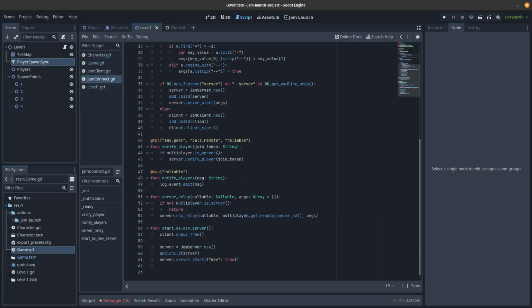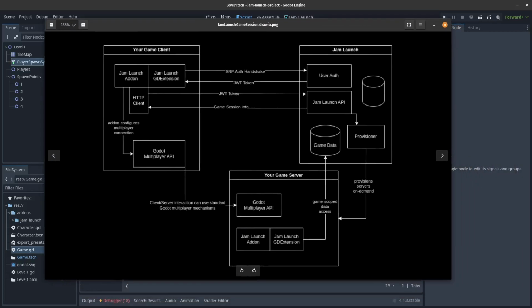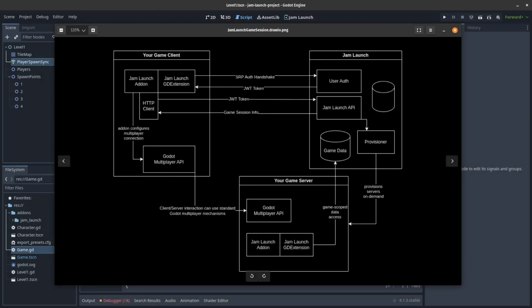So what's the Jam Connect node doing? At a low level, it's doing quite a bit. It's handling some authentication for the user. So in order to play one of these games, you have your JamLaunch account, and so you log in, and the client will perform an authentication handshake to get a token, and then it will use that token to hit the JamLaunch API to create sessions under your JamLaunch identity,